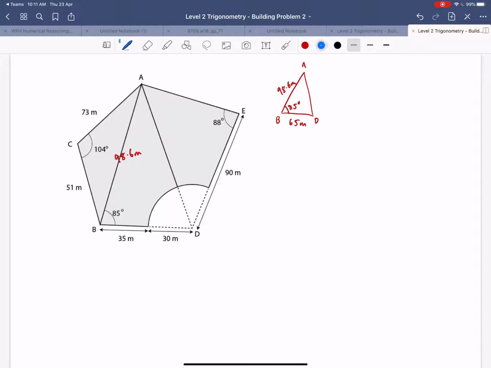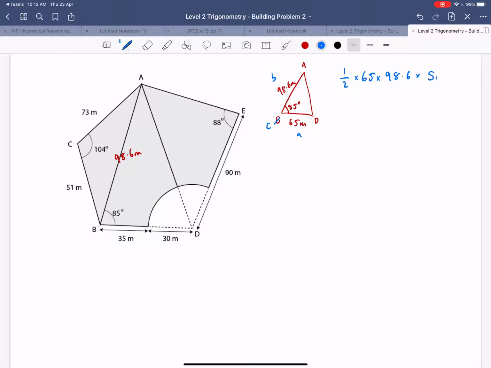So let's label up the diagram. Sorry, I want to find the area, so I need 2 sides and the angle between. I've already got 2 sides and the angle between. I've got these 2 sides and I've got the angle between. So I'm going to label this up so that I can find its area. So you call the angle C, and you call the 2 sides A and B, either way around you want to do it. Okay, and then you use the formula half AB sine C, so half times 65 times 98.6